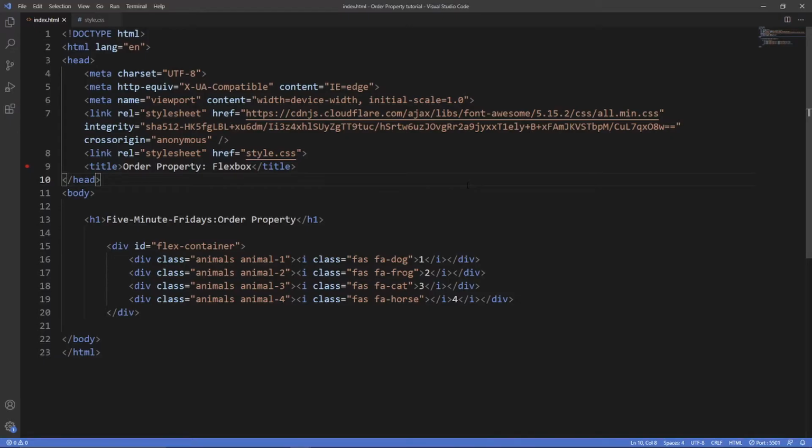Alright guys, so we're just going to dive straight into this one, and as you can see I've got a folder here called order property tutorial with two files inside called index.html and style.css. Link the style sheet here, giving it a title, and also link Font Awesome because we're going to be using icons. So inside the body we've got an h1, it's going to act as our heading of course, called 5 Minute Fridays order property, and then a div with the ID of container, and